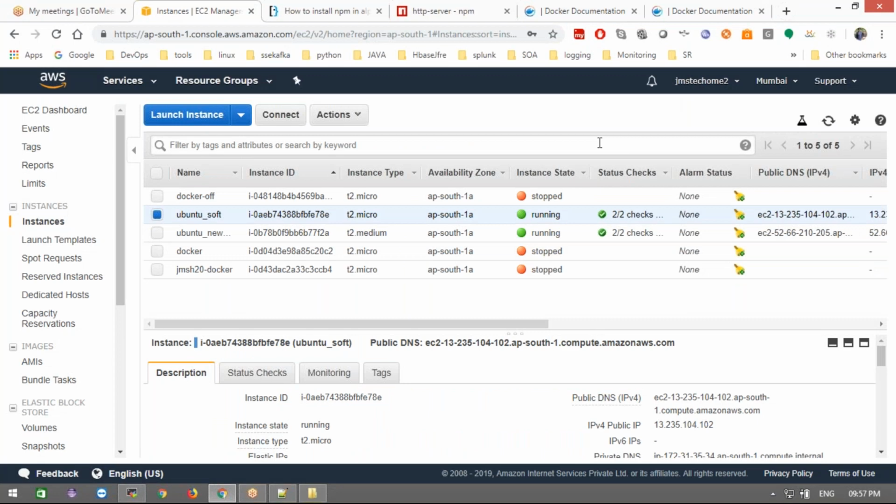If you want to deploy the Node.js application with the required softwares, for that I will write one Docker file with all instructions for whatever I require. I require Ubuntu or Alpine Linux, whatever it may be, and then Node.js, npm and HTTP server. I install these three softwares, then copy my required files and start the HTTP server. That's it. When I start my HTTP server, the index.html file will open as the starting page. I will show it so you get more clear on this. Okay, now let me